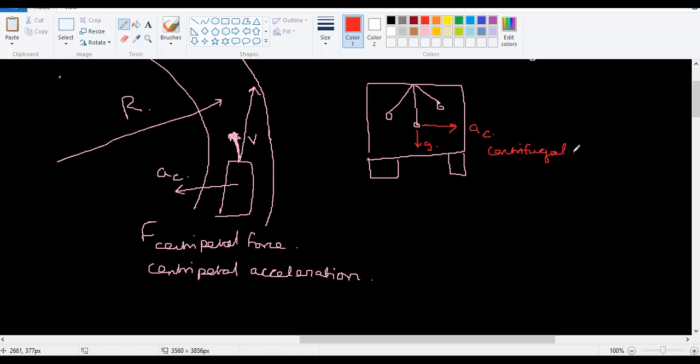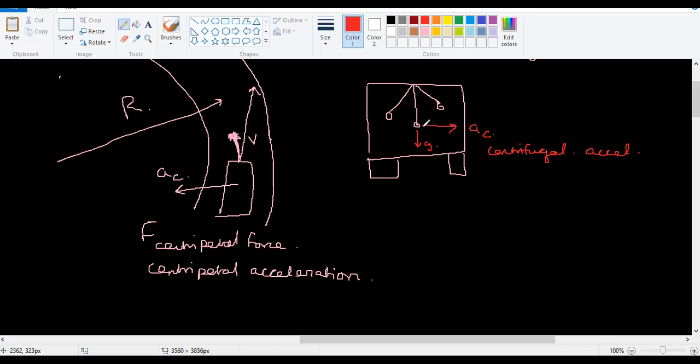In reality, nobody is pushing you towards the right, but since the car is moving towards the left, your body is getting pushed towards the right. I'm giving you an example of our human body when we are sitting. I'm sure all of you have experienced this. So the same thing will happen for a loose